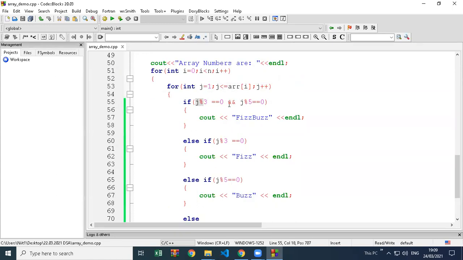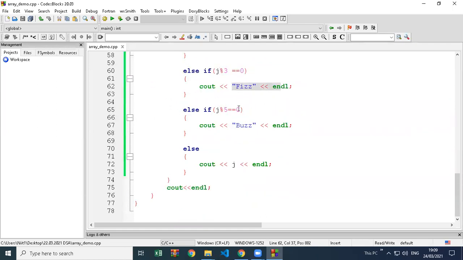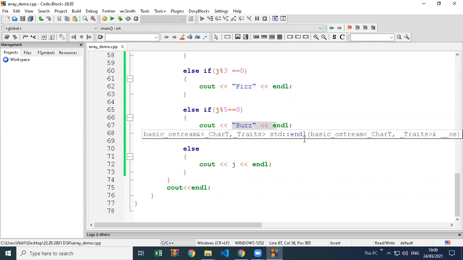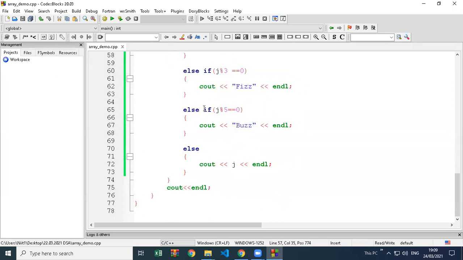So you just have to check whether it is divisible by 3 and 5. For 3, print the fizz message. For 5, you have to print the buzz message. And for both 3 and 5, fizzbuzz. And if it is not divisible by any number, neither by 5 nor by 3, finally print the number as it is.